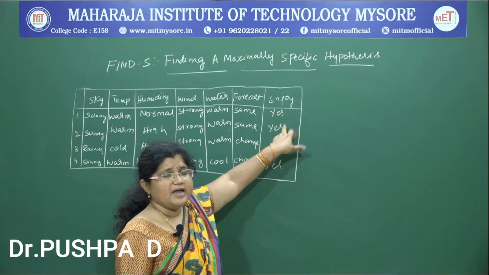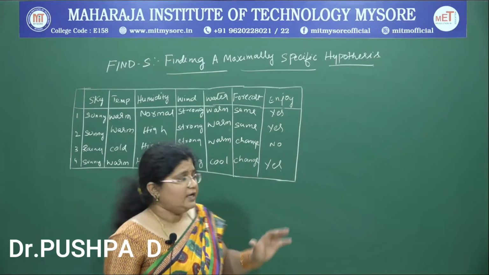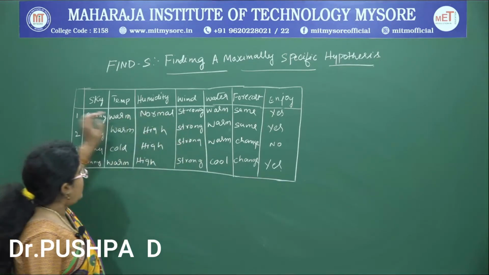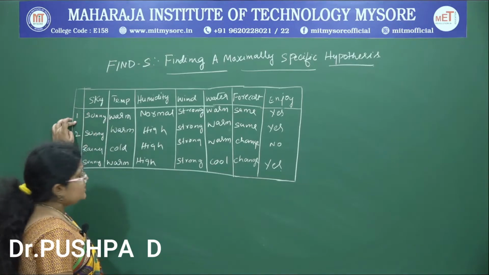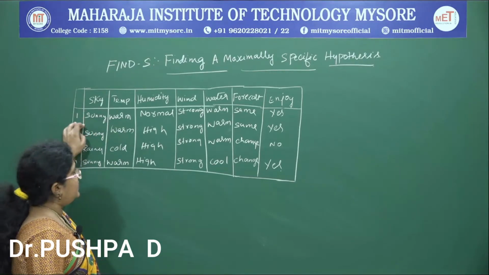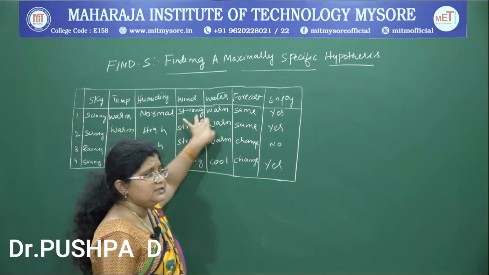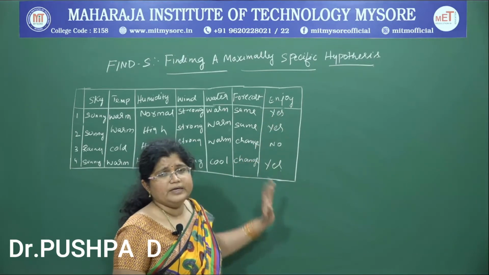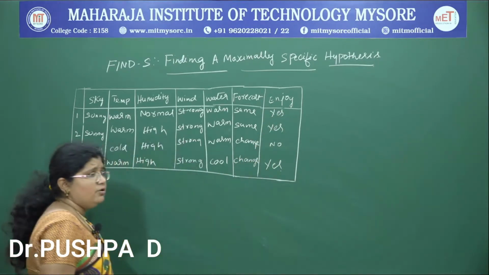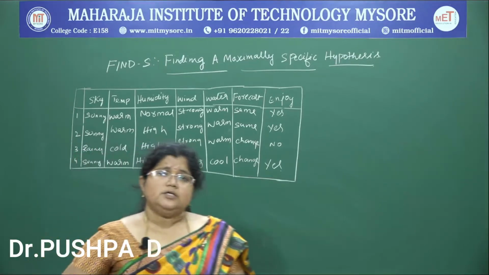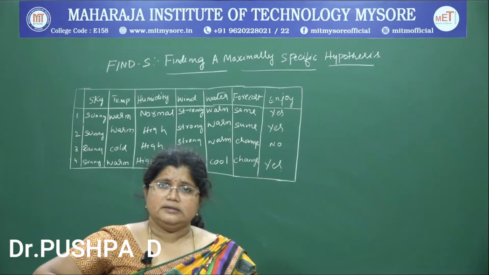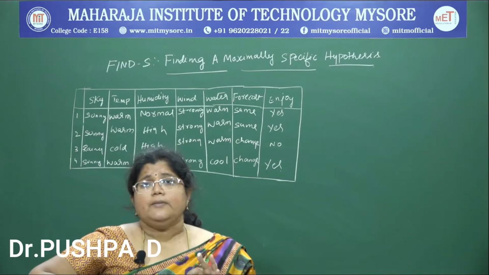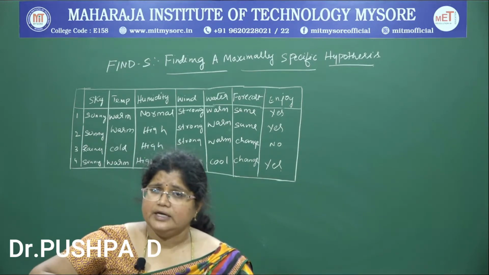The target concept can be positive or negative. Each row represents an example, an instance or training example, and each training example is classified as positive or negative. So we have to generate a hypothesis that addresses the training examples, and the hypothesis must classify each into a positive or a negative training example.